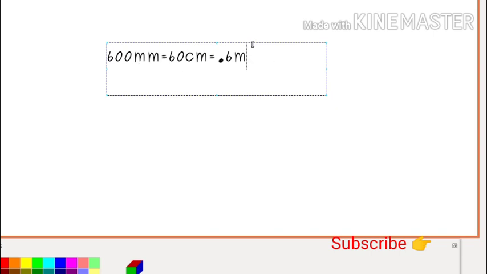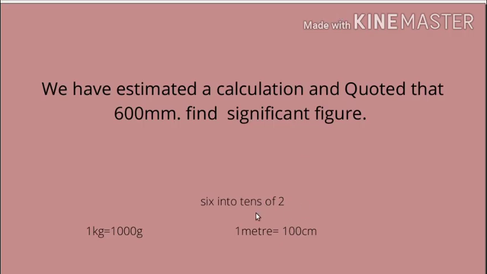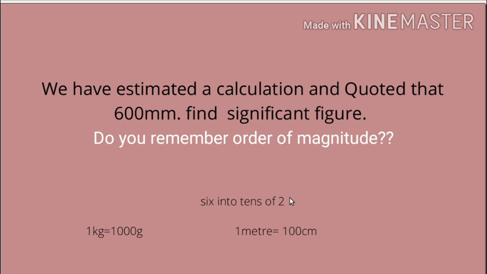So the significant figures in the following number is how much? Only 1. Understand? It means you are changing the unit, and changing the unit does not affect the significant figures. This is again a rule. The easier method is to represent the 0s in the form of tens to the power. So by using tens to the power we can write it as 6 into 10 to the power 2.